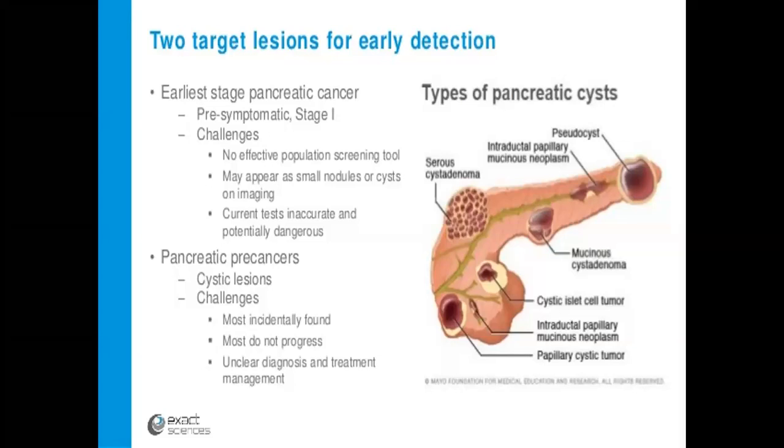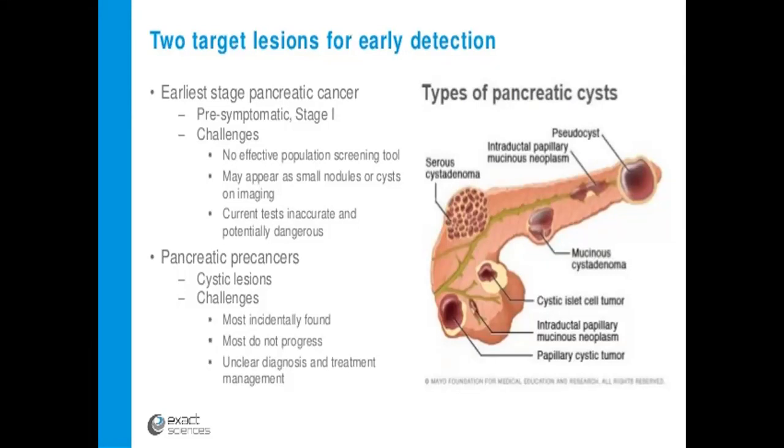You can see in the picture there could be a pseudocyst, intraductal papillary mucinous neoplasm, serous cystadenoma, mucinous cystadenoma, solid pseudopapillary tumor, and papillary cystic tumor. While pancreatic cancers can be cystic lesions, as I told you and as I've shown in the picture,